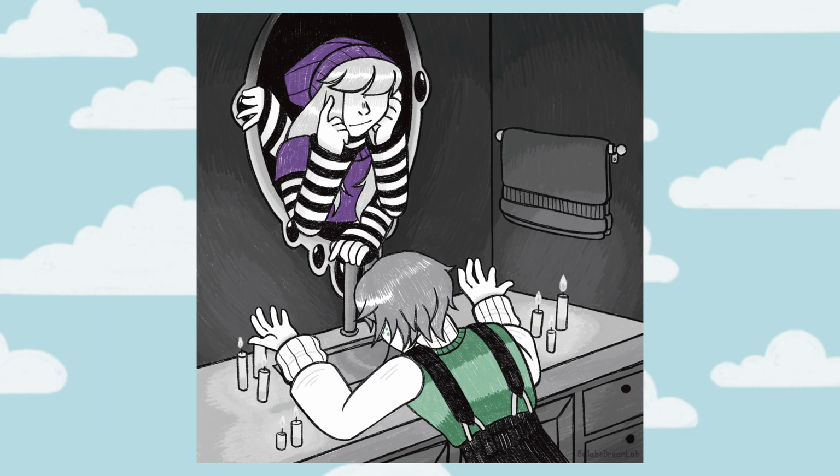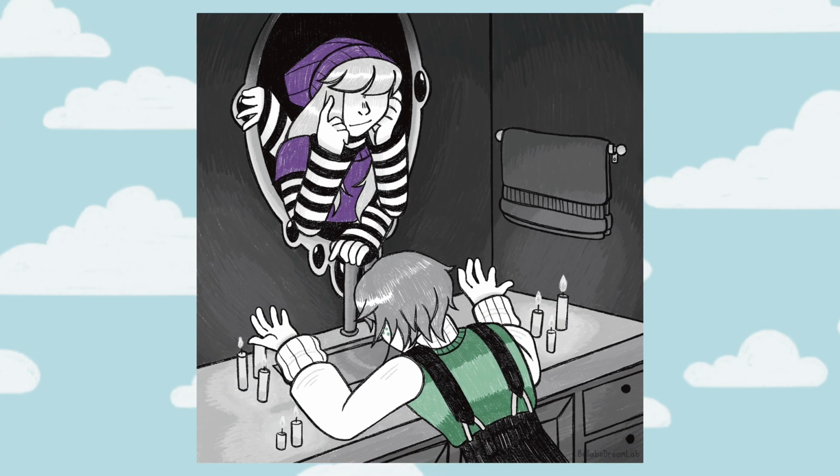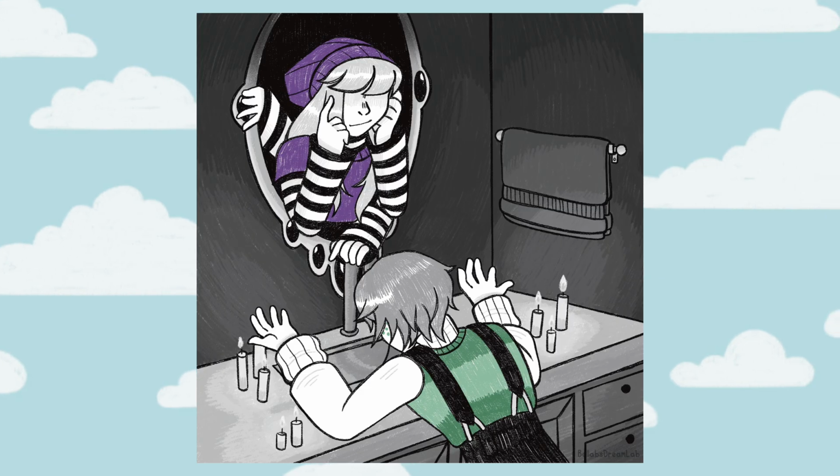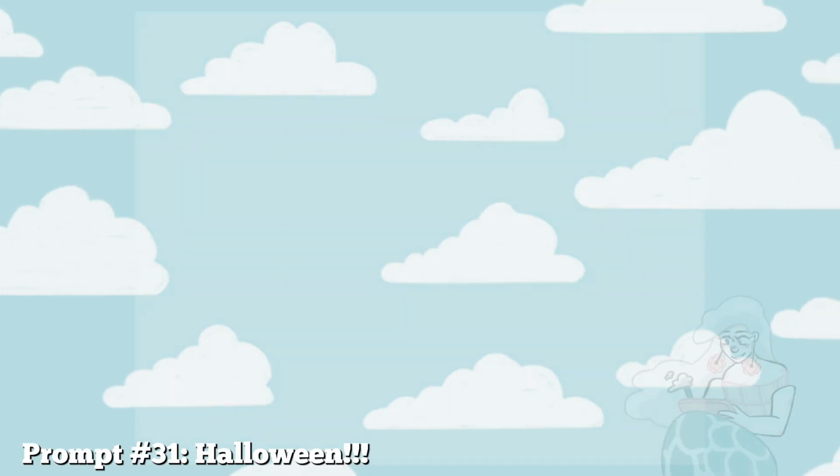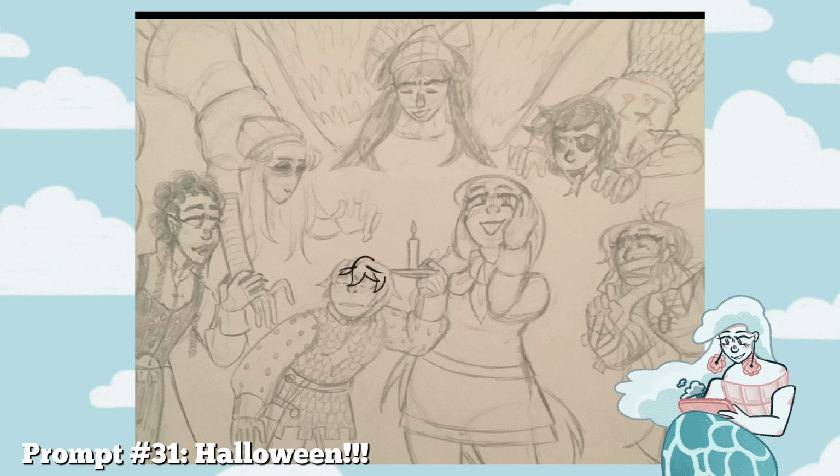As for the art itself, the main thing I'm proud of is just the lighting effect I did with the candles. I think it's an effect that works, although I did not use a reference, but it looks good to me. And finally, the last prompt, 31,